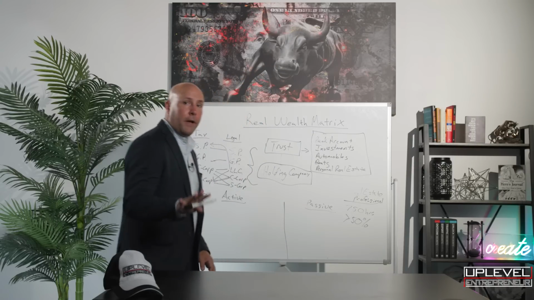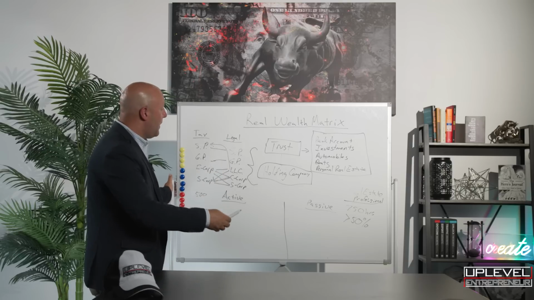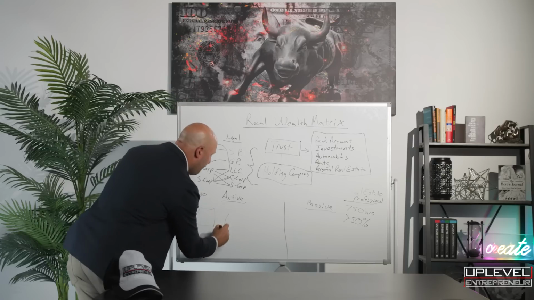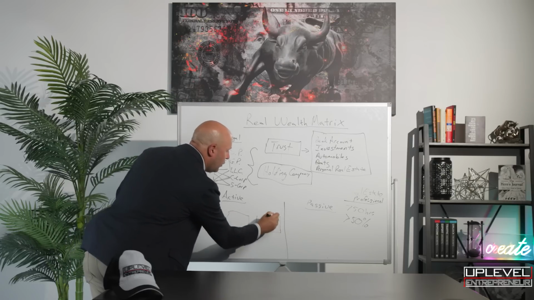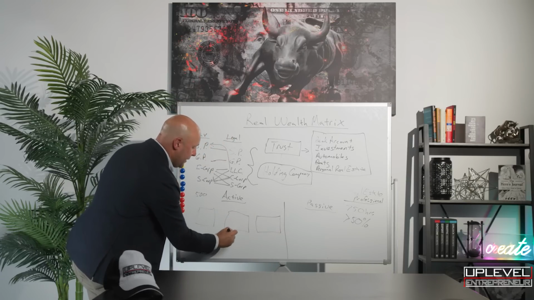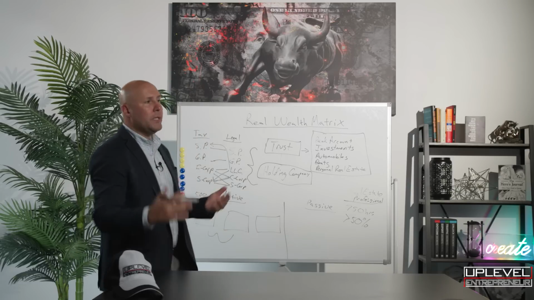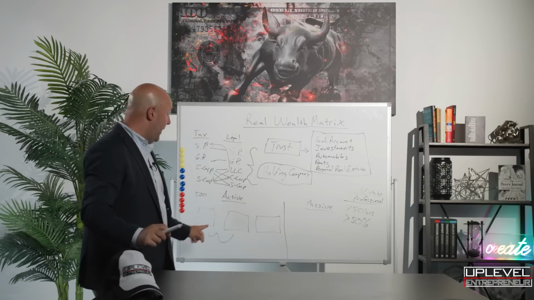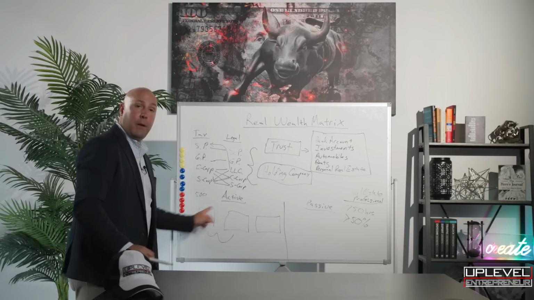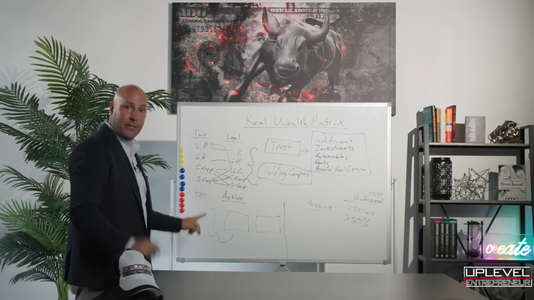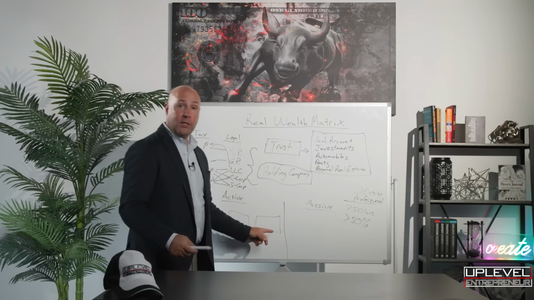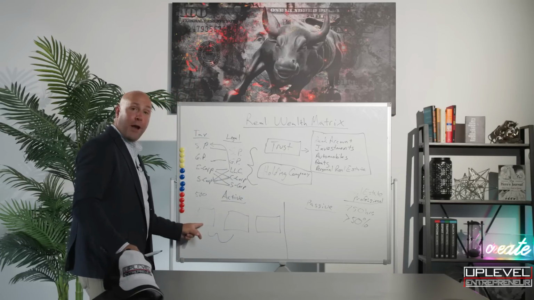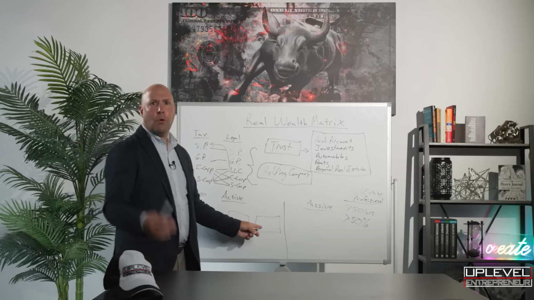Now, this is where it becomes part of the overall real wealth matrix, however. This holding company would then go out and become the owner of all of the other businesses that you may have. Now, you may have related businesses. Let's use the example of a medical practice. Maybe you own your own medical practice, and maybe you also own a medical billing company. So maybe there are two different related active businesses that you own. You can also have unrelated businesses, maybe businesses that you own just for diversification purposes. So again, maybe you're a medical doctor, you own a medical practice, you also own a medical billing company, but then maybe you also own a laundromat.